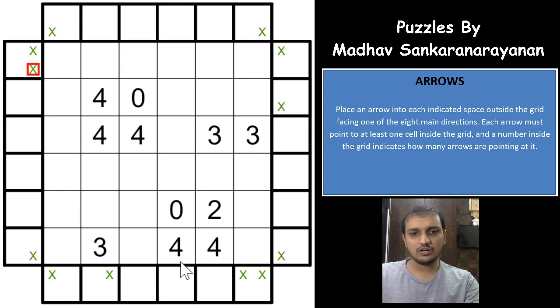So 0 crosses are done for the diagonal. For this one, 0 crosses diagonal are 1, 2, 3. So you need to be very careful while marking the crosses, because you don't mark to the neighboring cell. That will actually break the puzzle. And let us mark the horizontal crosses now.